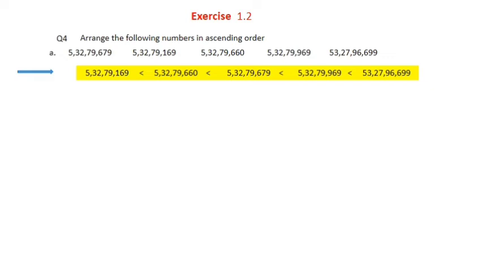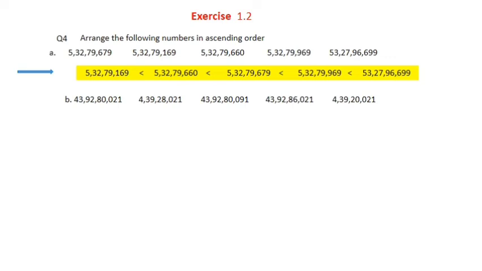Now let's see question number B1. Again all are given in crores. So let's see. 43 crores here, 4 crores, 43 crores, 43 crores, 4 crores. Now if you see here, in these three numbers 43 is given and in the other two numbers 4 is given. That means we have to compare these two first.